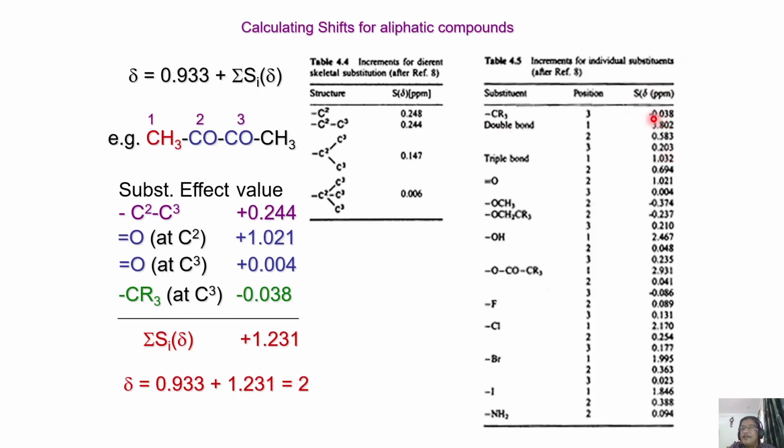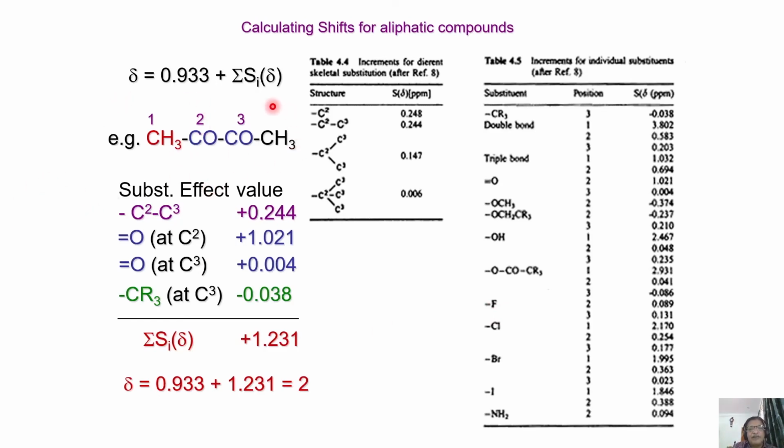For example, in some cases it can be negative, you see, minus here. So as I said, it's not always additive. It is only the contribution factor which we have to take into account as a sum while working out the approximate value of the chemical shift. Okay, predicting the chemical shift.